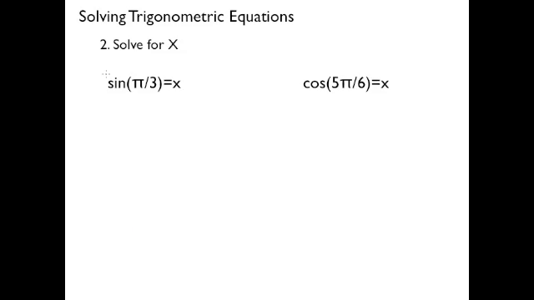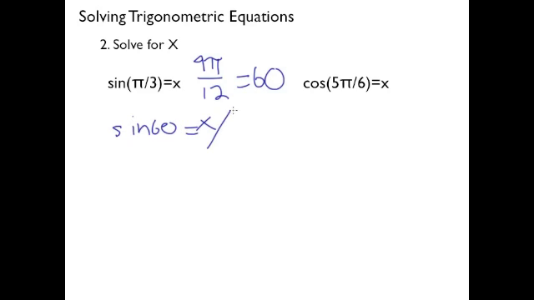Number 2, solve for x. So we know that pi over 4 is equivalent to 4 pi over 12, which equals 60 degrees. So this would be sine 60 equals x. So then a 30, 60, 90 triangle. The opposite of 60 is square root 3 over 2, which means x equals square root 3